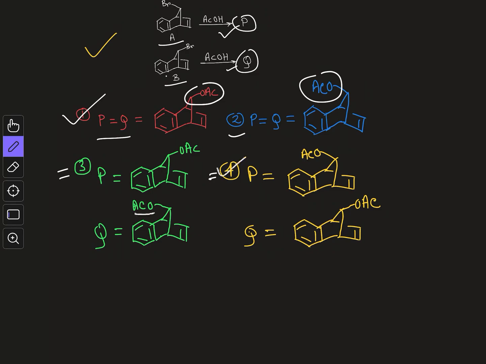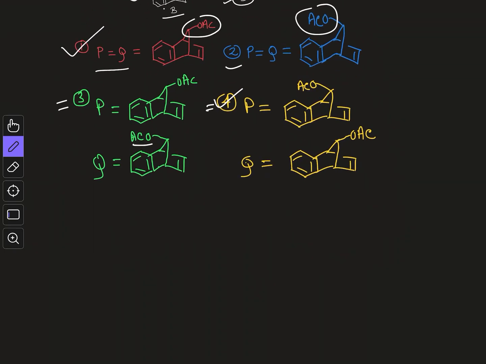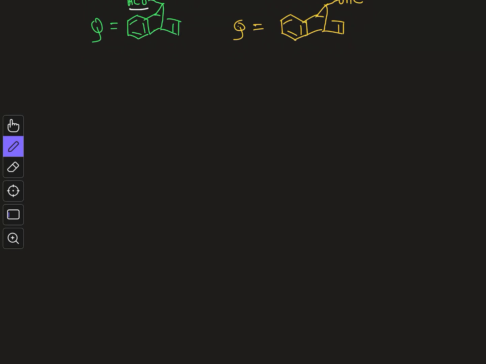Now one variation of this question may be that they can ask whether these two, A and B, react at the same rate or not. That may be another question, which I am not showing here. So in this particular video I will answer both questions: whether they will give the same rate of reaction, and whether they will give the same product or not, or if they give different products, then what the products will be. So let me redraw the 2 compounds which are given.